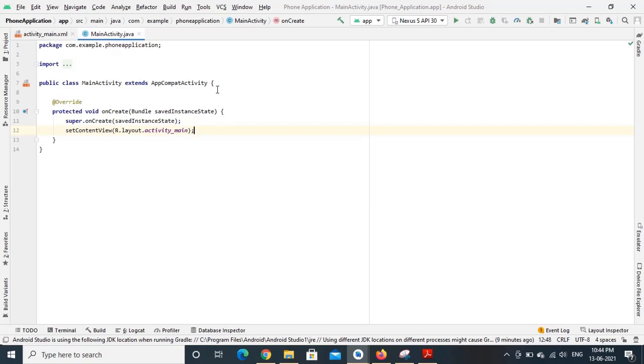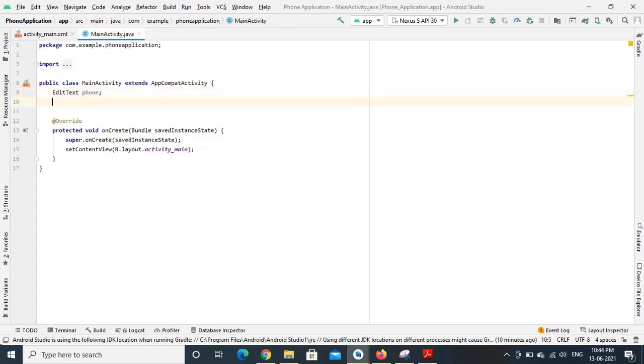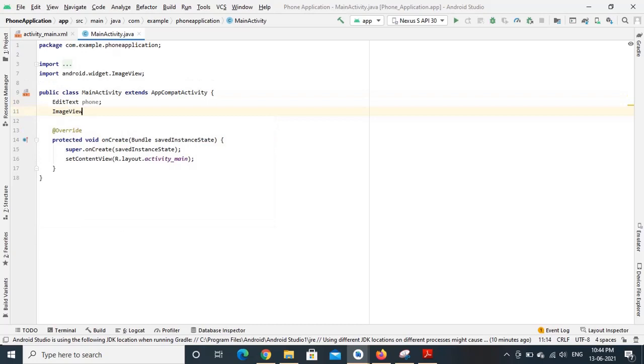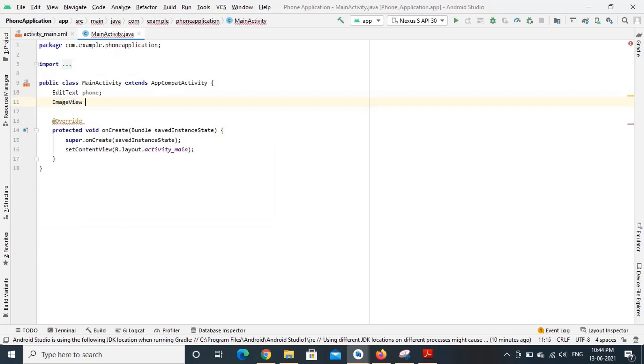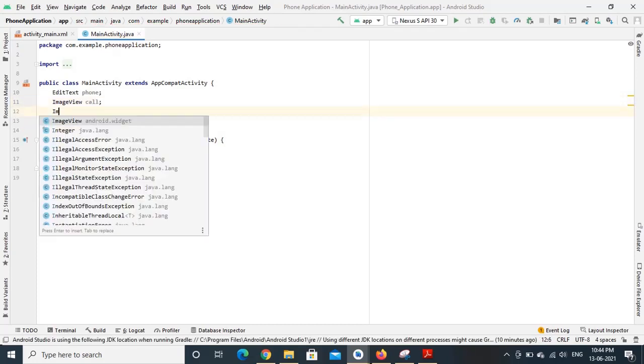First of all, I'll create some of the required variables, object references for edit text, phone number, and I have used one image view for call button, and one image button.